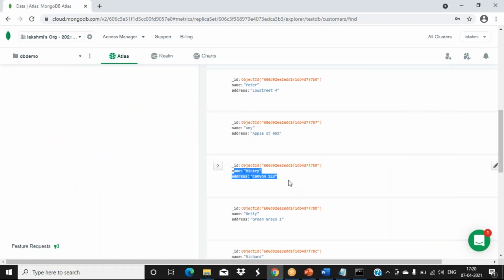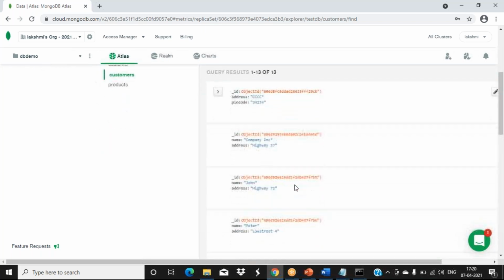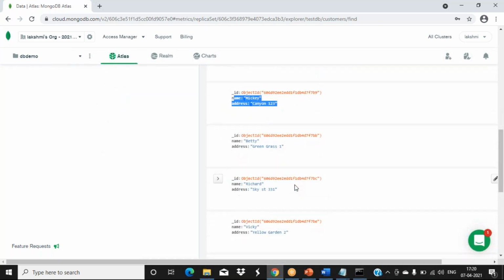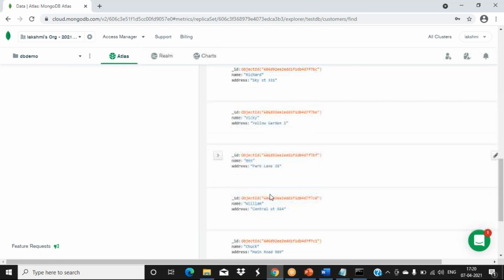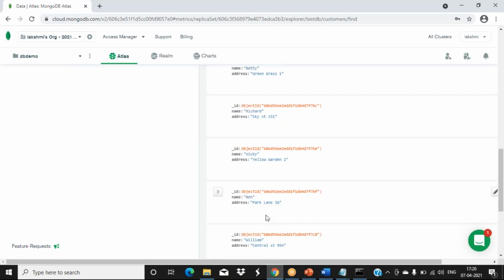So here, starting with S, this is 1, this is 2. So 2 values are there. Here they had different names.